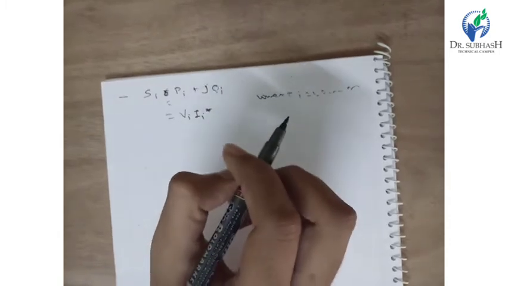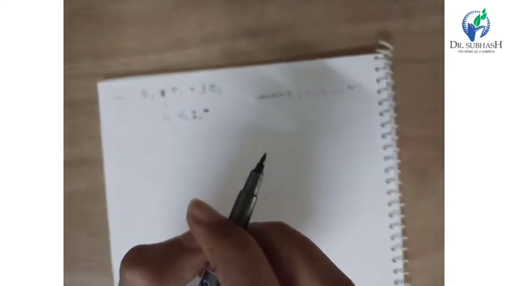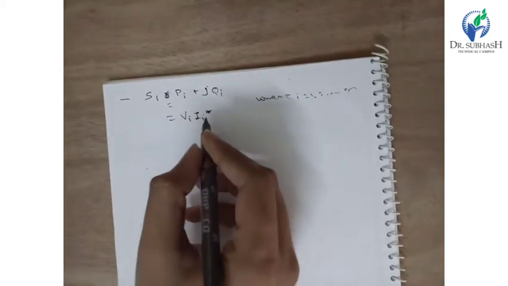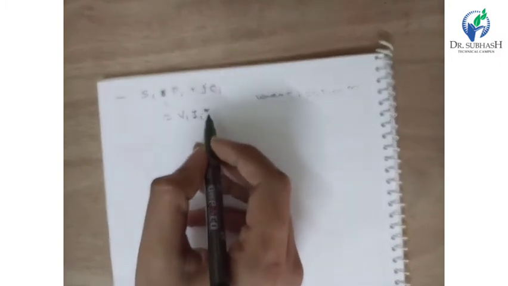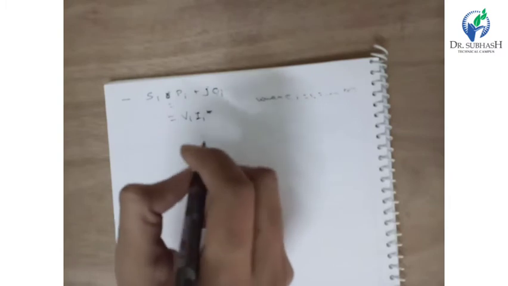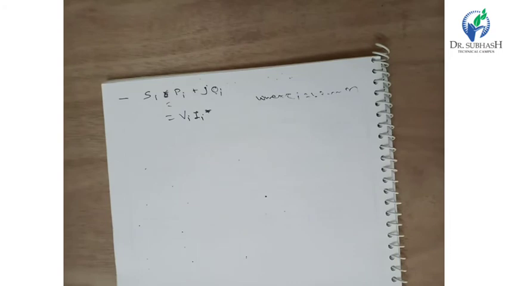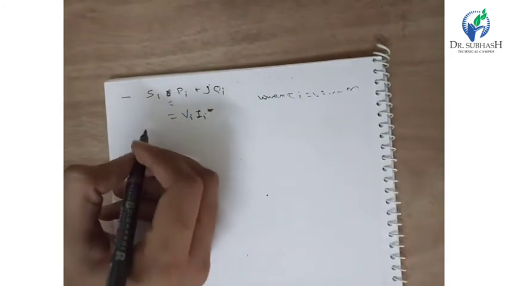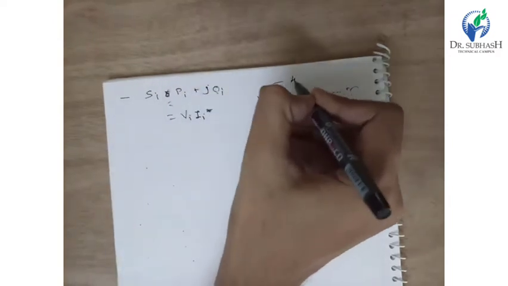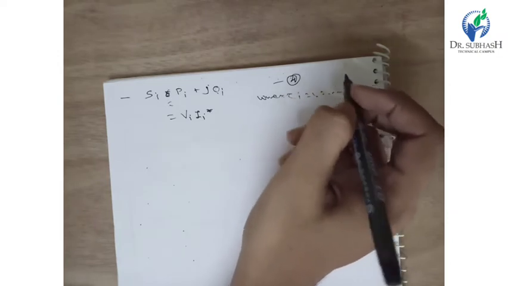Now for the load flow problem, it is more convenient to express the source using Ii conjugate. By taking the complex conjugate of equations 3 and 2, we get the value of Si conjugate. So it is equation number 4. By using equation number 4, we can write the complex conjugate equation.